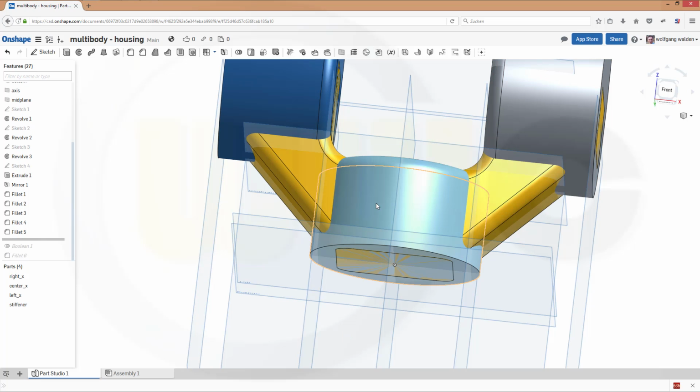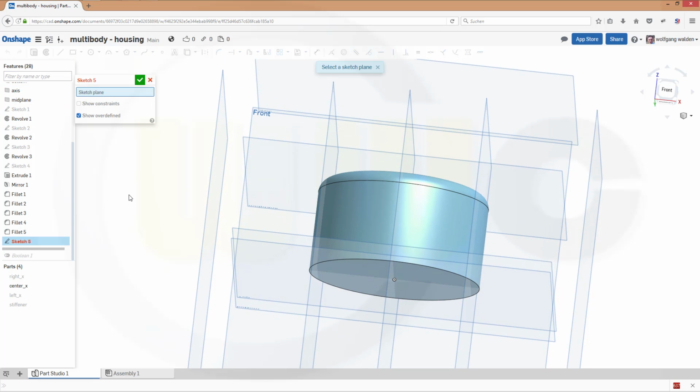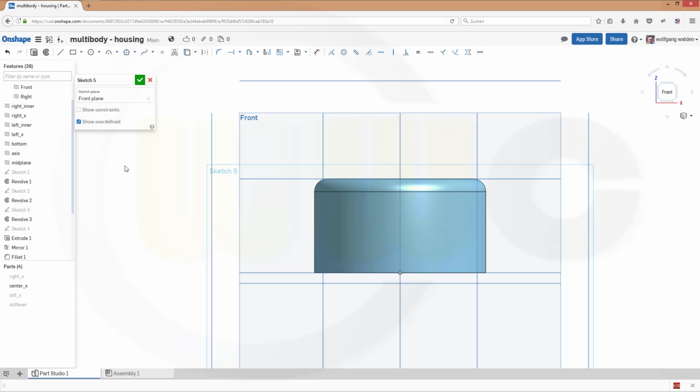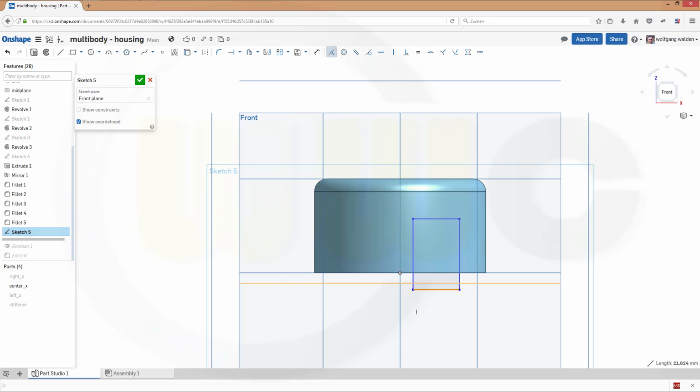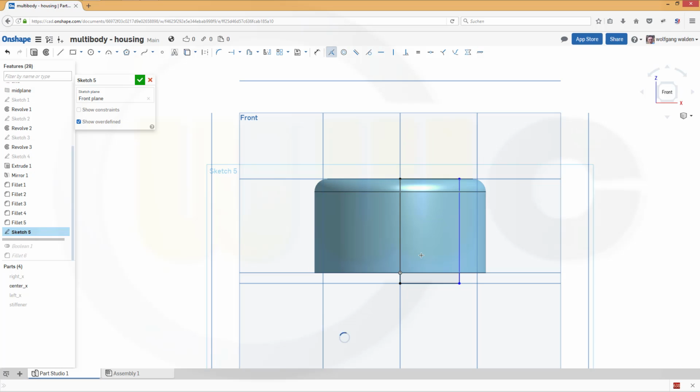There should be another rotation right here, so I will move this up because I want to add to that center part another rotation, revolve. So we'll go for sketch. Maybe let's hide the other parts like this. Let's go for sketch on that plane. View normal to sketch plane, and this should be a rectangle which sits right here somehow, and coincidence between this one and that plane, this one and that one, and this could be right here or at the top. It doesn't matter right now. Maybe I go for the top one. And I need a dimension, and that dimension would be